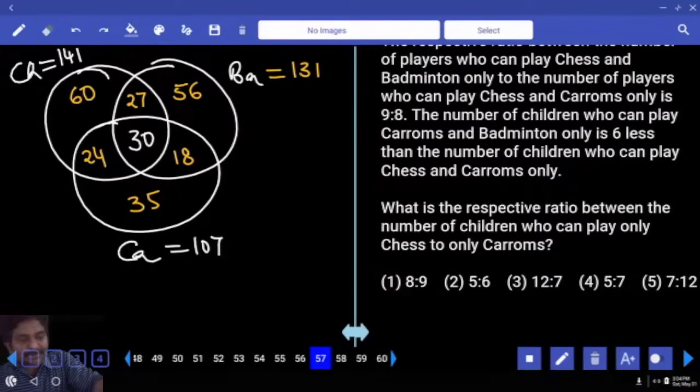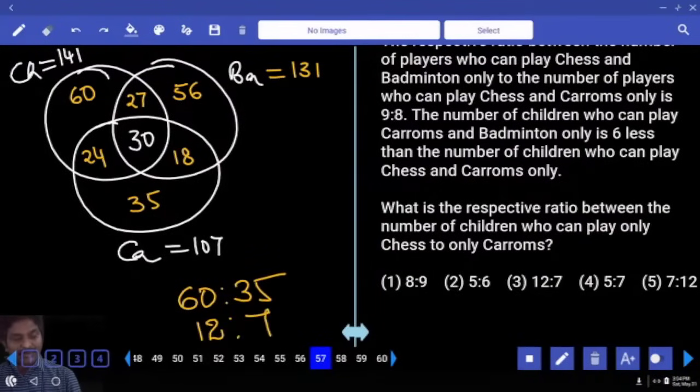What is the respective ratio between the number of children who can play only chess to only carom? Only chess. Only carom. Cancellation with 5. 12 and